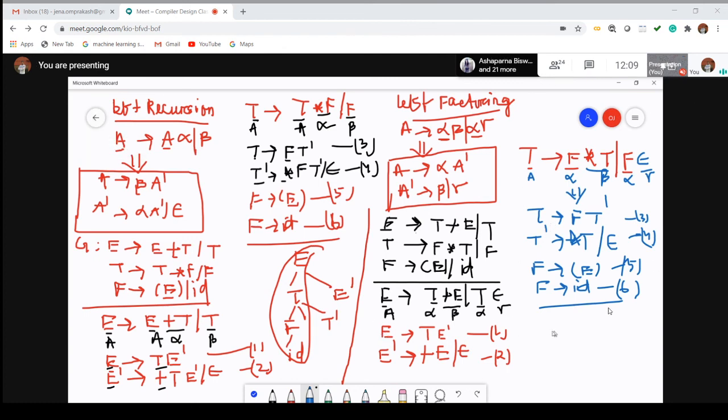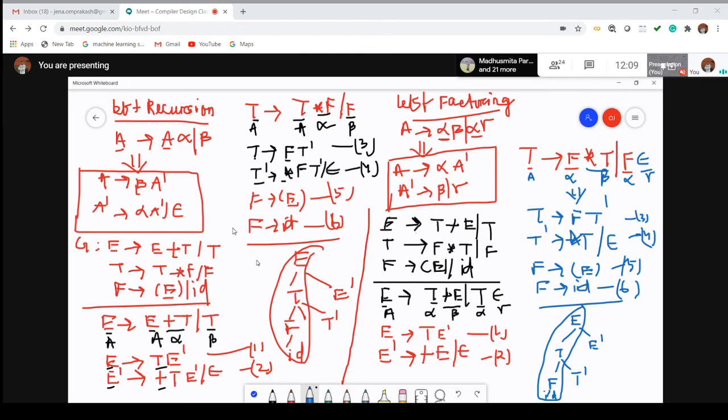Now you can get what exactly the diagram is. If you draw the diagram over here, it will be E, this value equal to T, this value equal to E dash. From T there is F T dash, so this value equal to F, this value equal to T dash. Now this value we can go for ID or like this. Now you can check those values are not repeated over here, hence in that method you can remove the left factoring from the existing context free grammar.